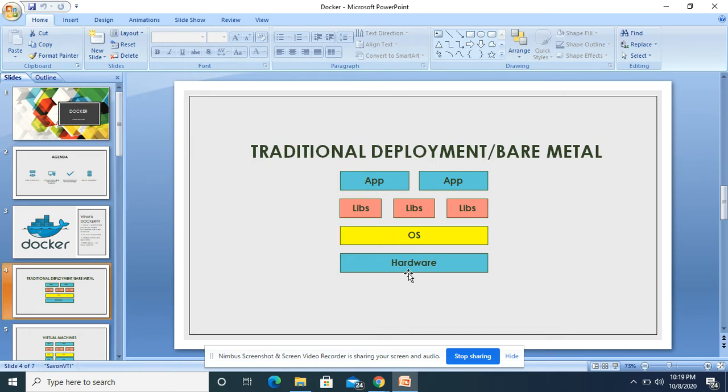The hardware is like CPU, RAM, or a physical server. The operating system resides on top of your hardware. Inside the operating system, we have different libraries that are the prerequisites of an application. As the libraries are properly installed, the application resides on top of them. So it's the traditional way, or bare metal.